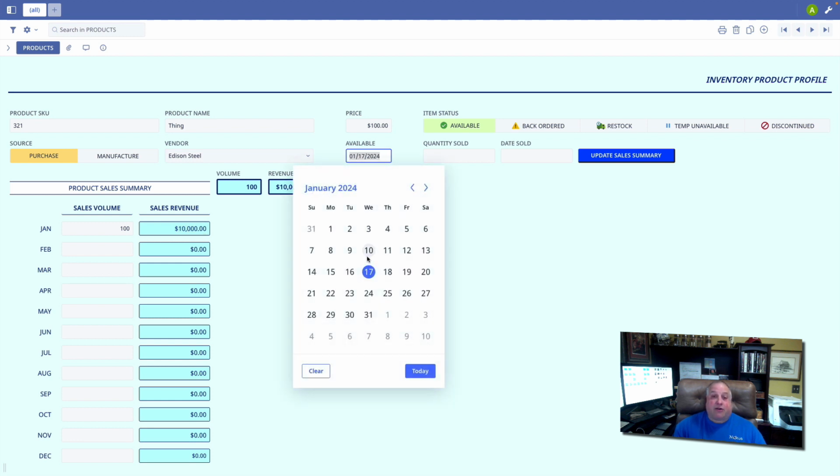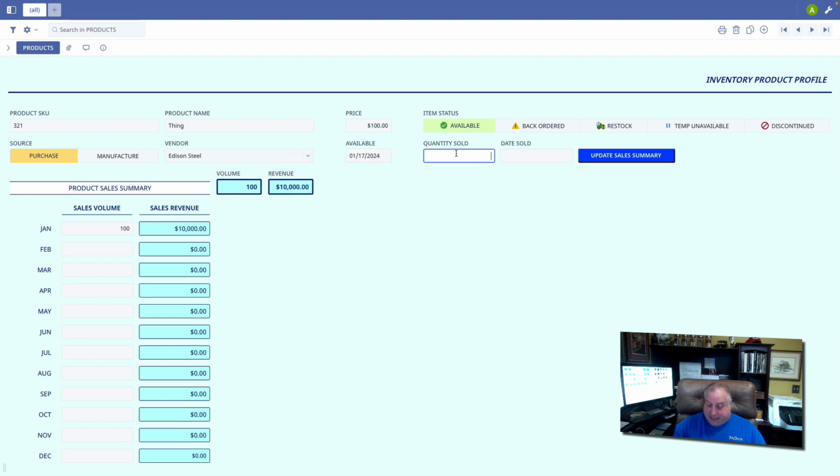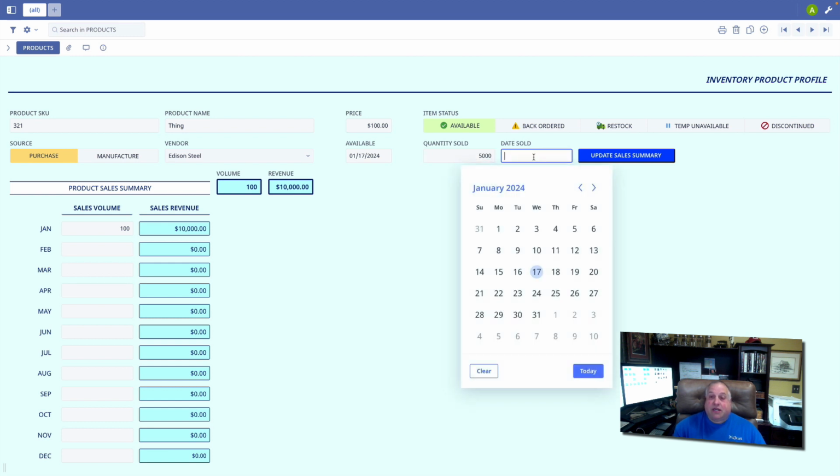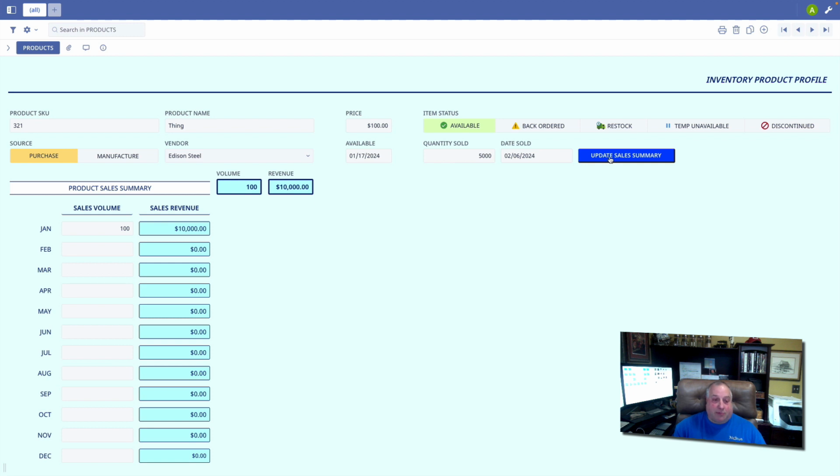Let's say that another 5,000 units were sold on February 6th. And I can type that number in, 5,000 units sold on February 6th, update my sales summary, and I see that now the volume for February has been updated, the sales revenue for February has been updated, and my totals have been updated here. What we need to do is give Ninox a way to know what to do when